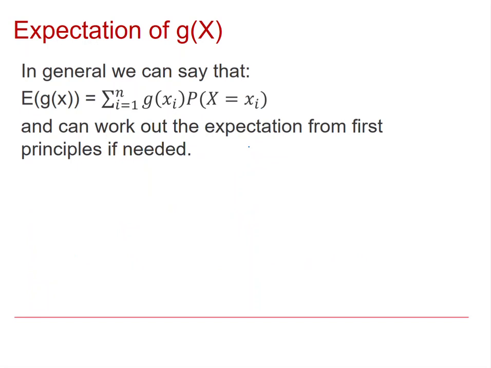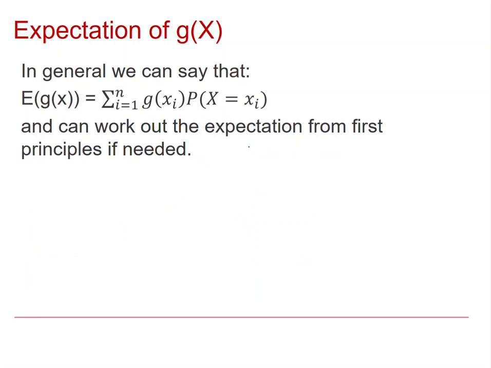So if we consider nonlinear functions of x, there aren't standard formulas for working out the expectation and variance of these. We just have to go back to our usual formulae for finding the expectation of x. And similar to the way we found the expectation of x squared in order to find the variance, we're simply going to multiply by 1 over each of our outcomes and our probabilities. So if we consider an example, same example again, where we're rolling a dice, where each of the outcomes are 1/6,